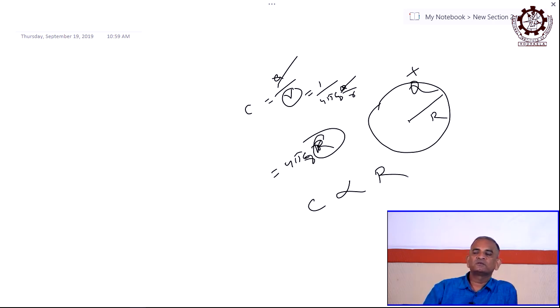When it is charged, there will be capacity, and that you can define. Whatever shape it may be, it is for a sphere. Similarly, you can take a cylinder, a plate, anything. Every conductor has a capacity, and you should know how to estimate the capacity of that kind of conductor. It is just an example for a sphere, right.